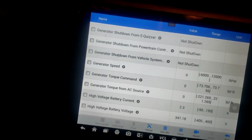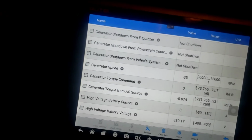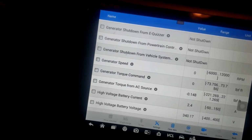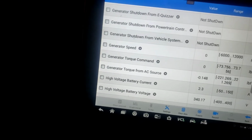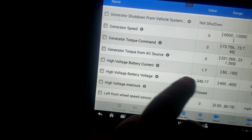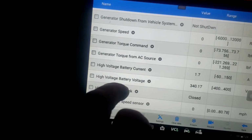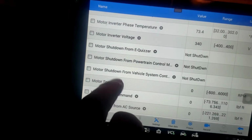If I put this in, so you just move there a little bit. I just moved the vehicle a little bit. Sorry about the key chime there. But you got a bunch of other data: high voltage battery current, 1.7, 1.6 amps. High voltage battery, 340 volts DC. But what we're looking for is